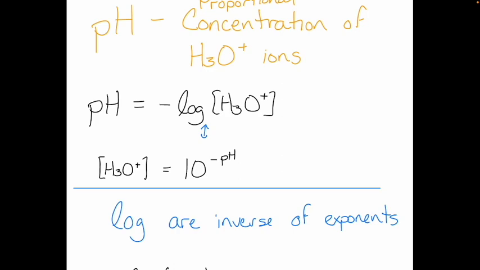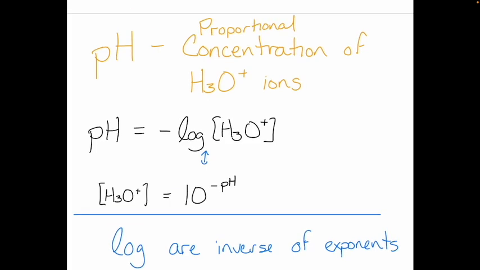When you get to more advanced chemistry, you will begin to understand why this log scale is convenient, especially when you're talking about values that range by such large orders of magnitude. When we're talking about hydronium concentration, it can be as small as 10 to the negative 14 or as large as 10 squared. Huge order of magnitude difference there. A log scale just makes that more convenient. I know y'all are like, yeah, super convenient, thanks for that. But trust me, there's a reason why we scientists do it, and more importantly, that is the standard. I think everybody's heard much more about pH than they have hydronium ion concentration. That's how we talk about it in chemistry.